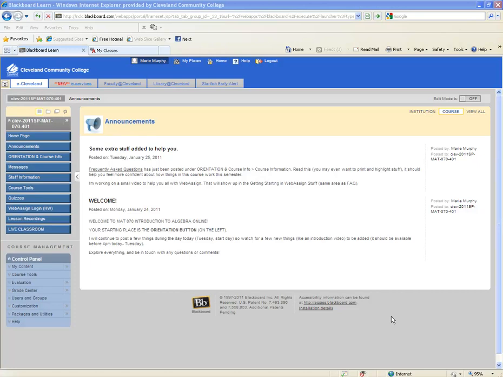To set up your WebAssign account, you actually have two places that you can go, two options of where you can go from this main announcements page. The first, and kind of the one I suspect many of you are going through, is through this orientation and course info button. So first I'll show you how to go through that to get to the page we need. When you click on that button,